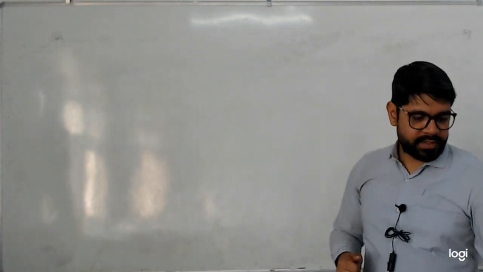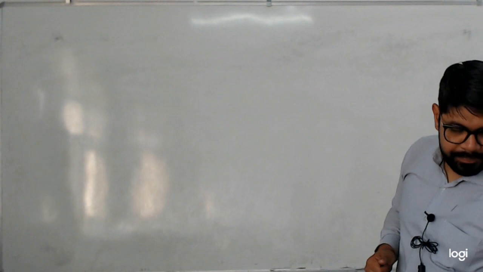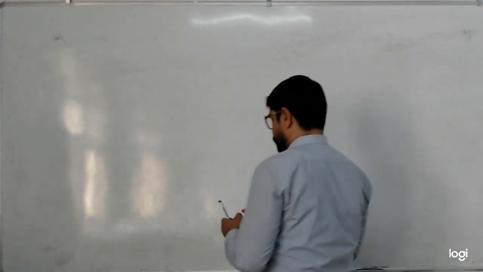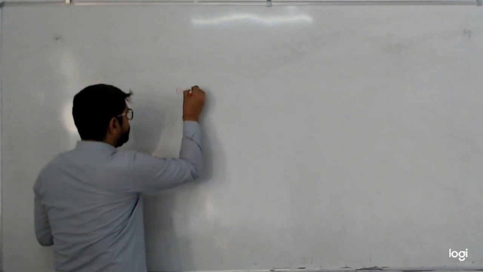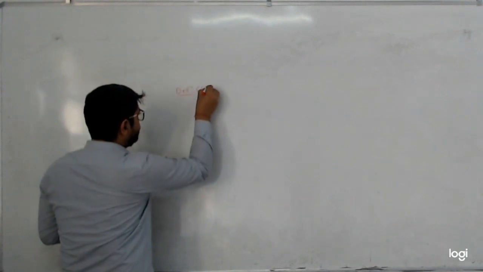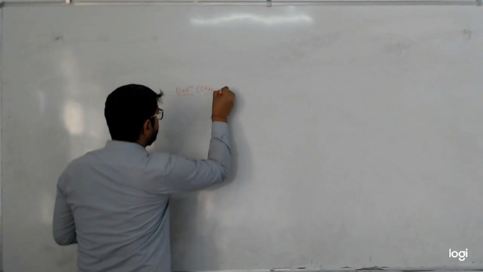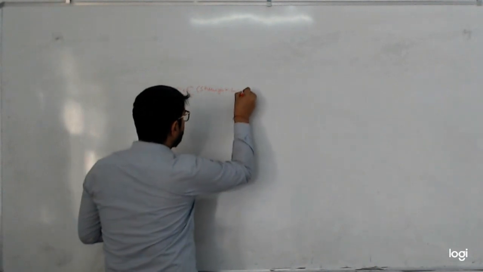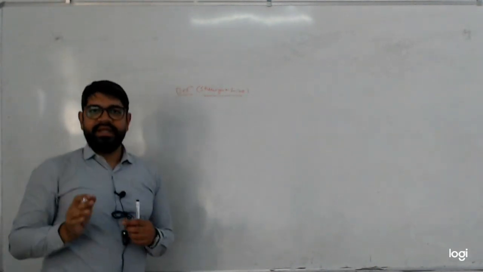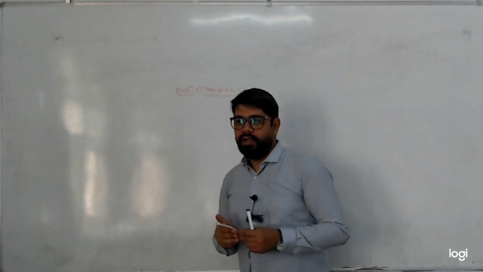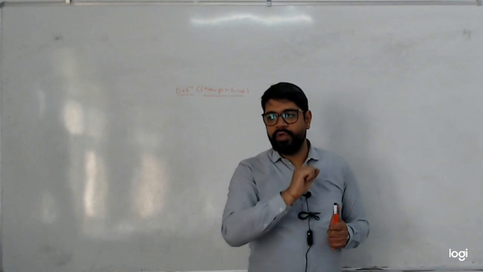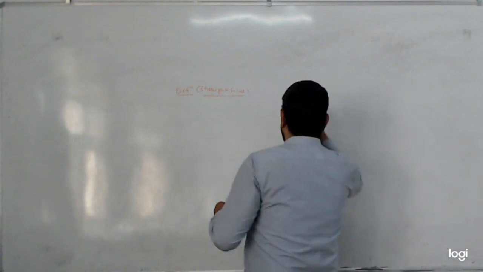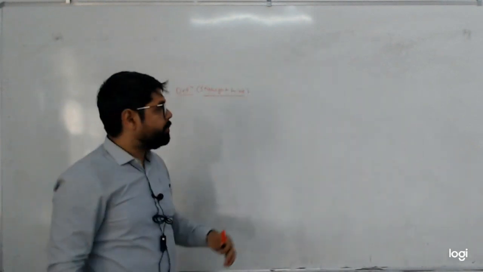So first of all, let us write down the definition of a straight line. So what is the definition of a straight line? So a straight line is nothing but a locus of a point which moves so that it is collinear with two distinct given points. That is, suppose this is my rectangular plane, this is my